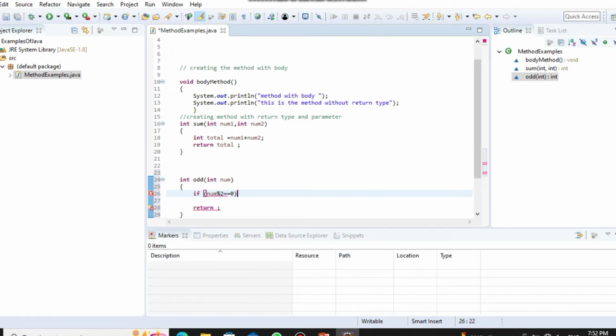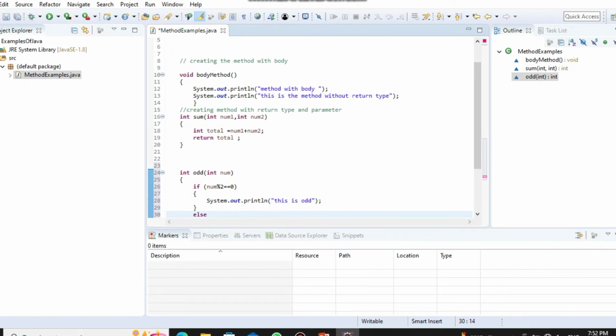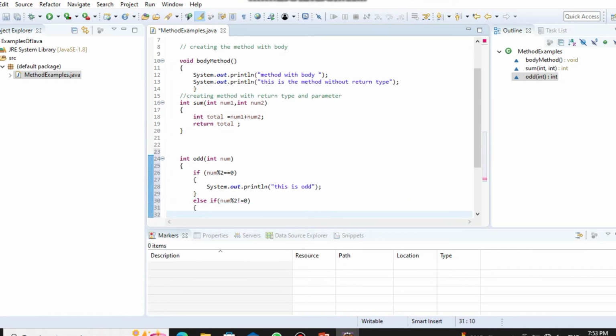Then I check whether my number is odd or even, like this. I use a condition here, and if our number is even, print even, and if it is odd, print odd, and if it is zero, print zero. Okay,